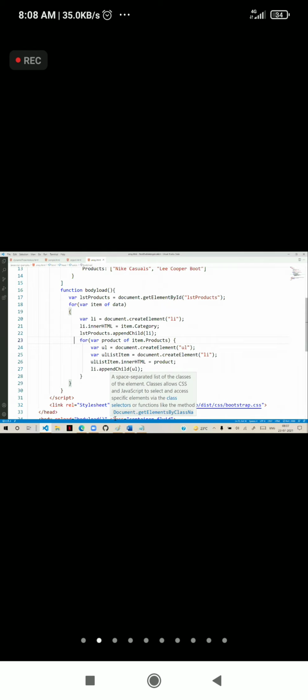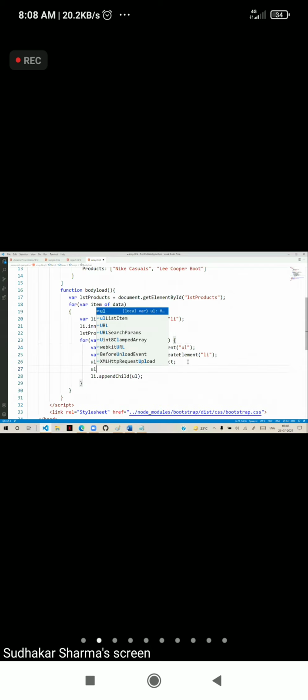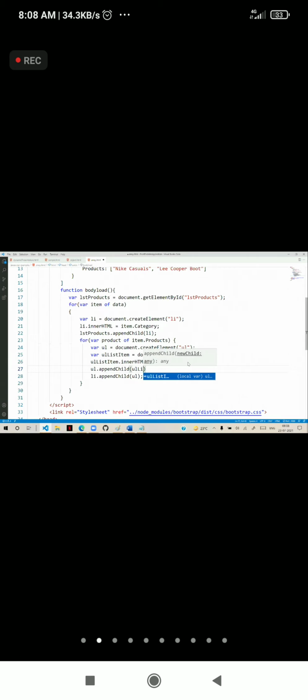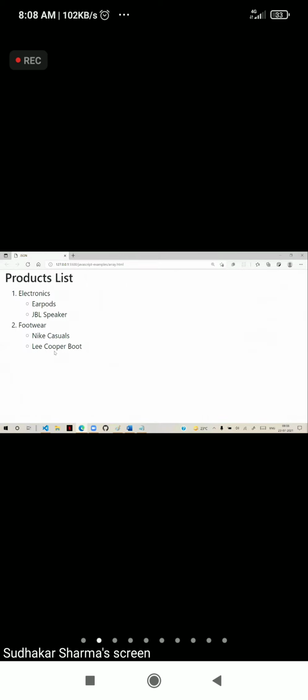That means the unordered list item must be added to this unordered list. One more work is there: ul.appendChild, so ul.appendChild list item, that is added. After that, to that list item you are adding the unordered list. Now the list is ready. This is how we are presenting the data.